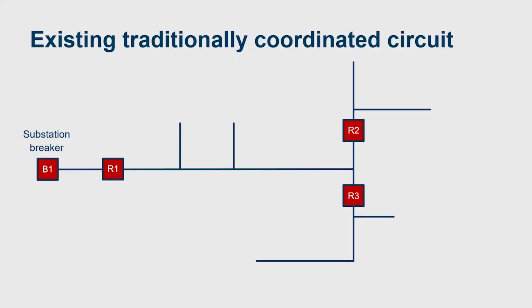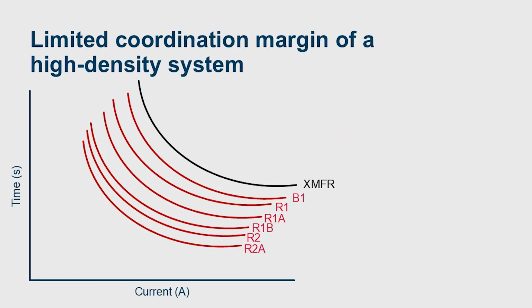Now, you may be a utility that has 2 or 3 reclosers already coordinated on a circuit, but you're getting more and more loads connected to your circuit. In this scenario, you want to increase the reliability by adding 4 more reclosers. So you're excited about this, you've been given the funding for it, and you go look to coordinate everything, and whoa, you realize you've got to coordinate 5 reclosers with an upstream breaker and a transformer damage curve.